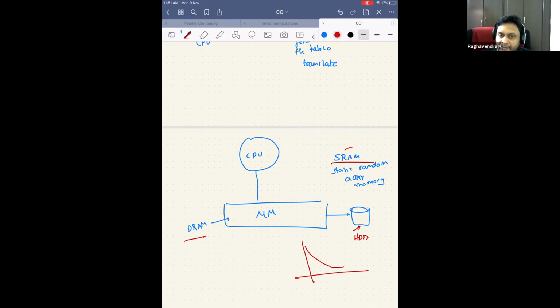So what do you mean by refresh? We need to supply the power again. What does refresh actually mean in DRAM? It's not that I supply power; I always supply power. It means that I actually have to read the data and rewrite it. I am losing the data content, what I have stored. So before I lose it, I should read it and write it back, so that it goes back to this point.